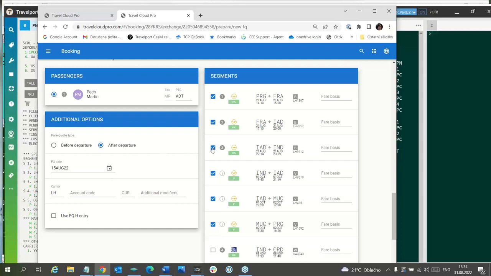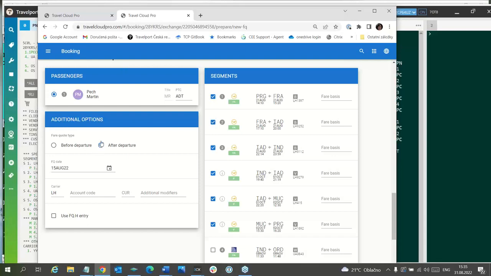If you mark only these segments, either you will receive no valid fares or you will receive a one-way fare Indianapolis Prague, not a return travel. So therefore it is very important to mark also the flown segment.